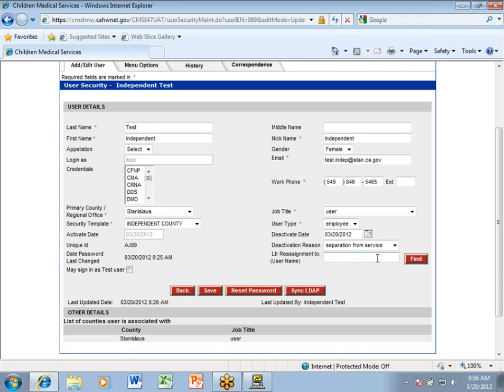And then the letter reassignment allows a user's correspondence to be redirected to another user in your office. So let's go ahead and put another name in,